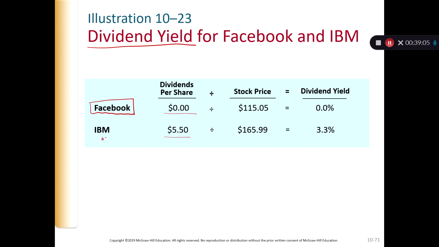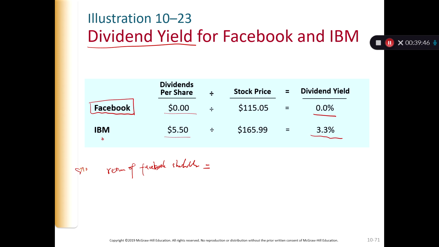Facebook does not pay dividends, so its dividend yield is 0%. IBM pays a relatively high dividend of 3.3. A shareholder of Facebook earns a total stock return equal to the change in stock price for the year, and a shareholder of IBM earns a total stock return equal to the change in stock price for the year plus the dividend yield. So if you want to calculate the return of a Facebook shareholder,